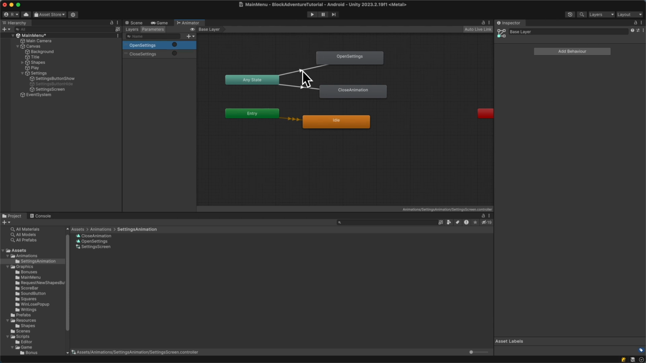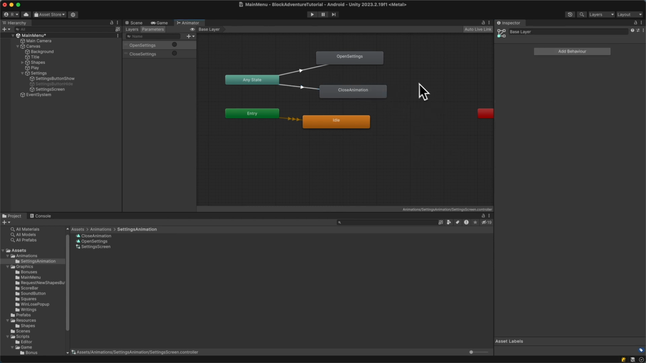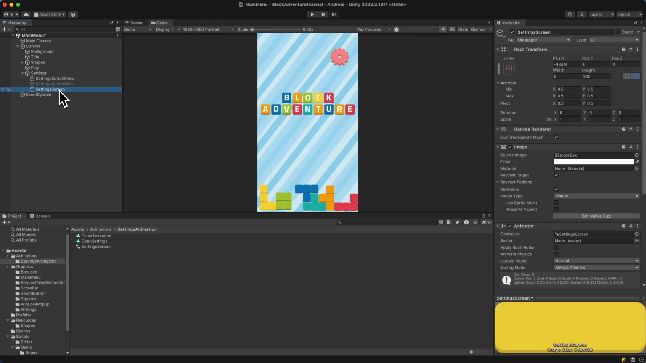And now let's hit the transition arrow for the open settings. From the condition, let's hit the small plus. From the drop down, let's select the open settings and do the same for the close animation. So hit this arrow, small plus for the condition, and then select the close settings. And that's pretty much it for what we have to do. We can save now, and we can actually close this animator window. And now select our settings screen. And as you see, our settings screen